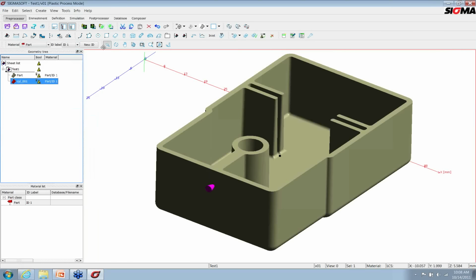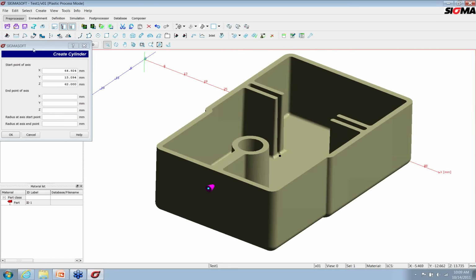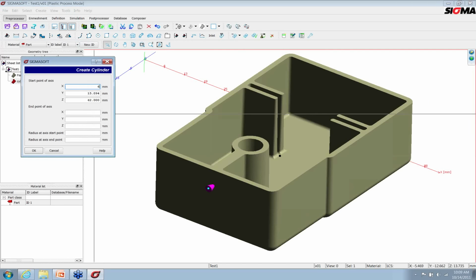Okay, so next step here is I'm going to go ahead and do another cylinder, which is going to be my runner. So I'm going to go ahead and click here again. Just click on that surface. Click my cylinder command here. There we go. So say 65,